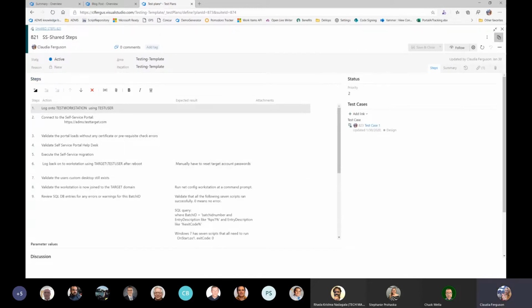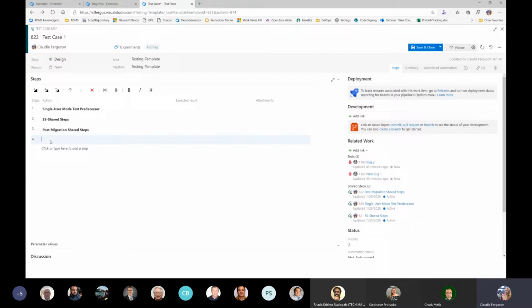And it's very convenient to reuse them. Versus if you, let's say, create regular steps here, test 1, test 2, then for each new test case, when you create it from scratch, you would have to type them again. Versus shared step,